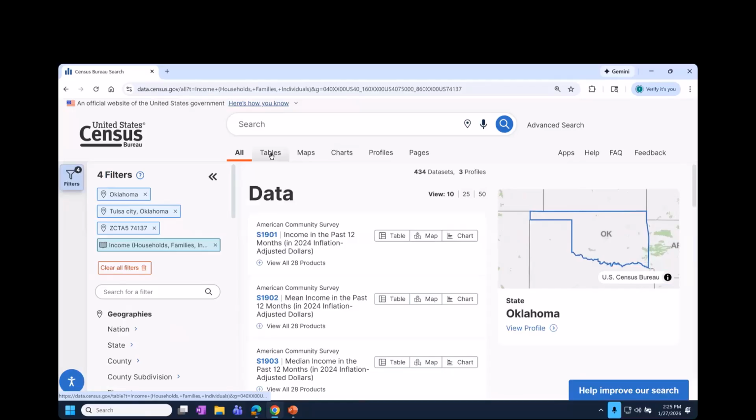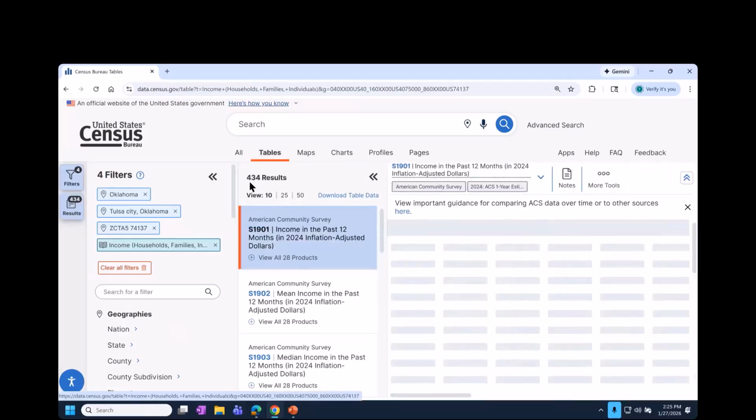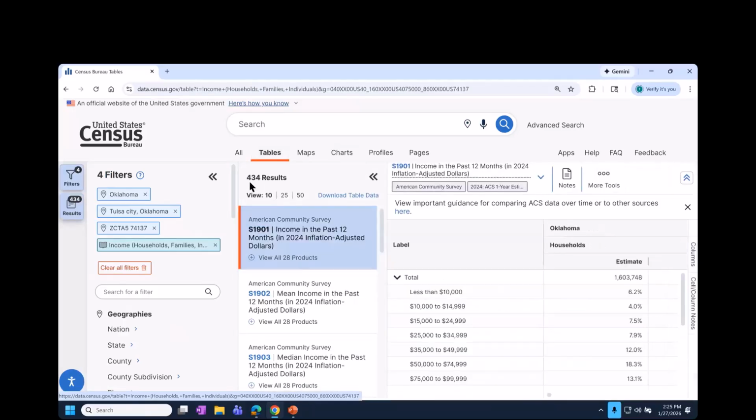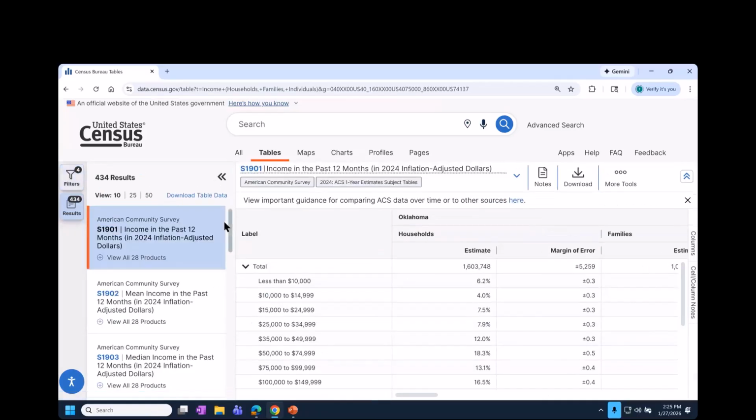And then I'm going to choose tables at the top. So in this case, there are 434 different table results on income that provide data for at least one of these geographies. The first table, S1901, what I wanted to point out here, we haven't changed the vintage of the ACS estimates